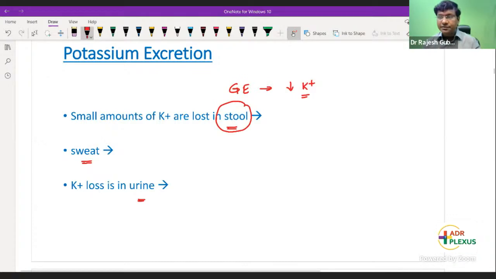As a part of the routine emergency department protocol, we have done the basic investigations. We have done the RBS, random blood glucose, and we have taken an ABG also, arterial blood gas analysis. We have taken a 12-lead ECG and 2D echo. On the 12-lead ECG, after electrical cardioversion, the individual has come to sinus rhythm. But ABG was showing marked hypokalemia. Potassium was hardly around 1.9 milliequivalents per liter. Now we need to know what is the cause for hypokalemia.